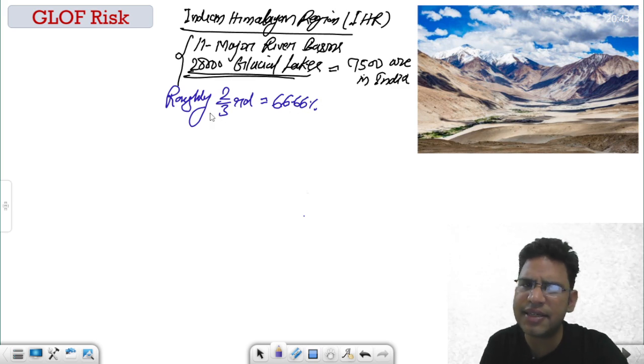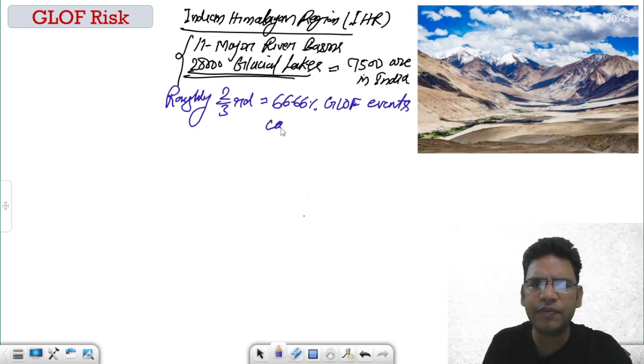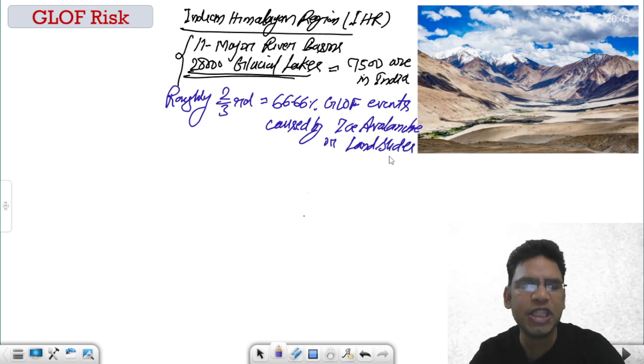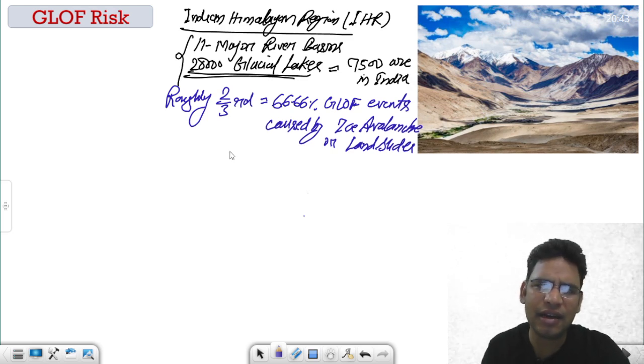So it was seen in studies that 2/3, 66.66% of GLOF events are caused by ice avalanches or simply landslides. And this region, the Indian Himalayan region, is prone to landslides also. You should remember this, right? This is the fact. Remaining are excessive, and approximately